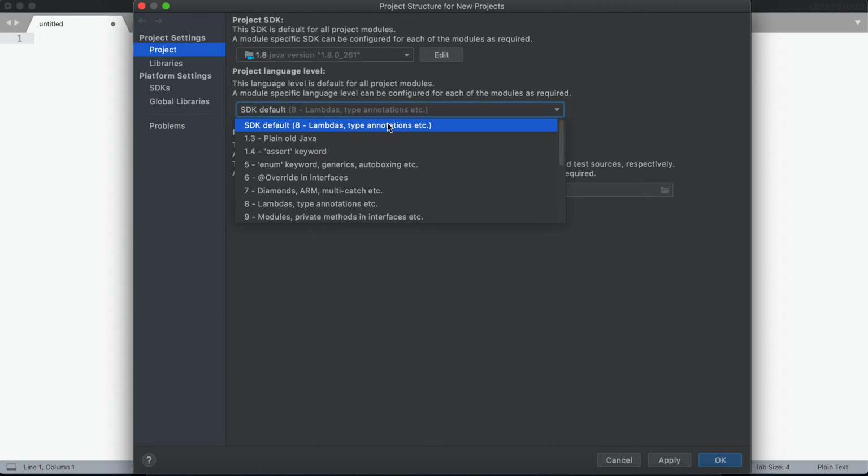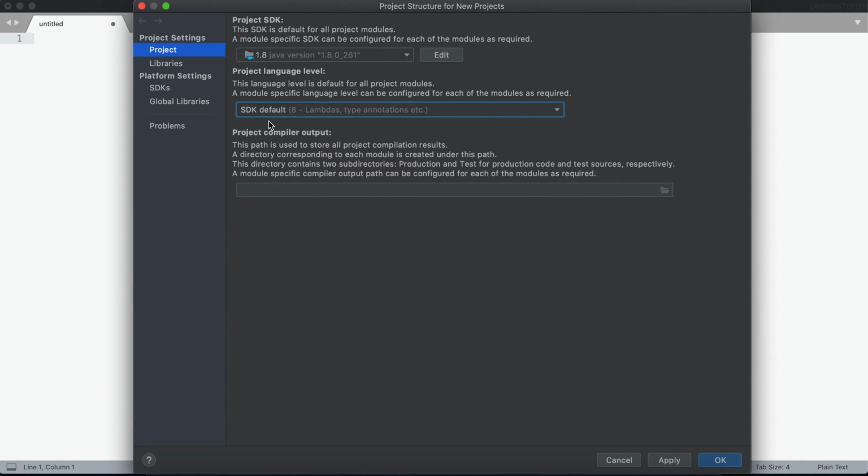Let's use the SDK default, which is the default software development kit for the JDK that we have installed. It has the new features that come along with Java 8, like Lambda support and type annotations. I want to use these as my default SDK.